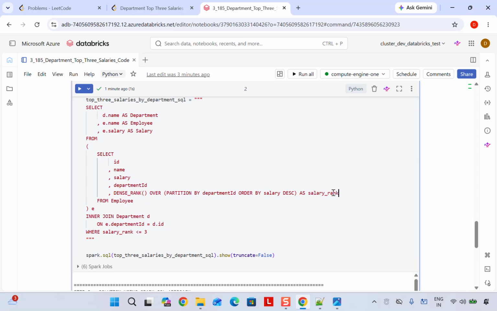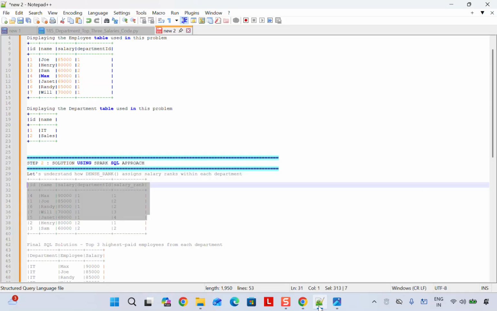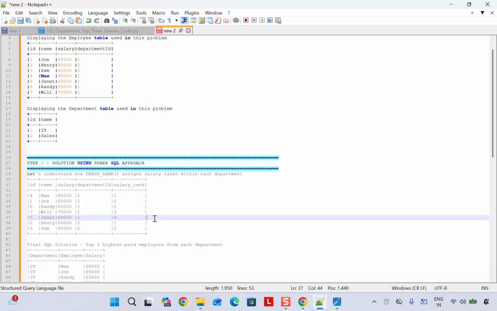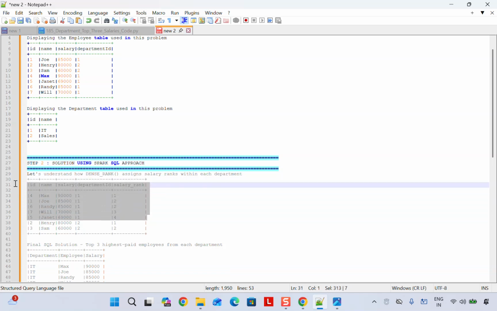So in order to avoid that issue with rank, we are using dense rank here, so that we are able to group by and get a proper ranking. Based on the salary, we have got a ranking because we need the top 3 salaries in that particular group. Here it is one group, the second page is another group. So now if you see 1 2 here, 1 2 3 4,